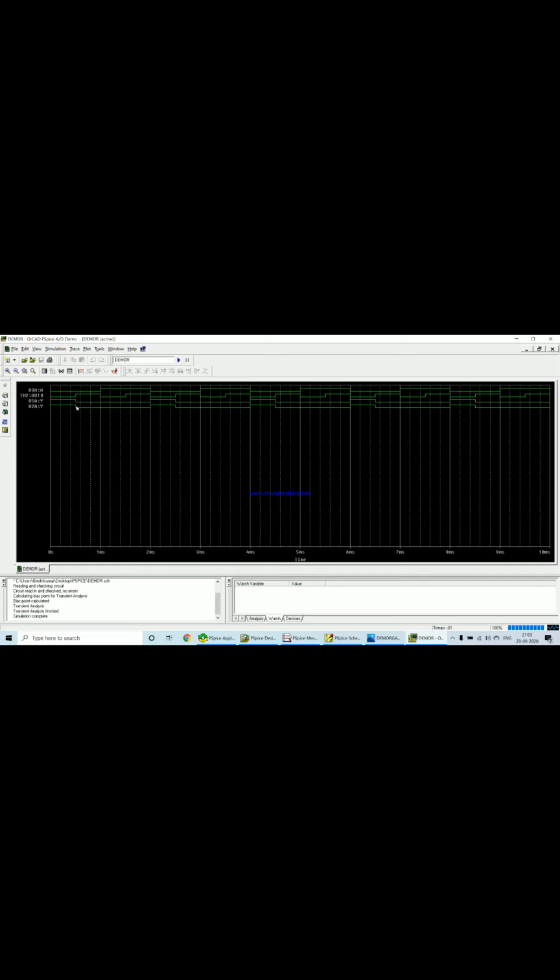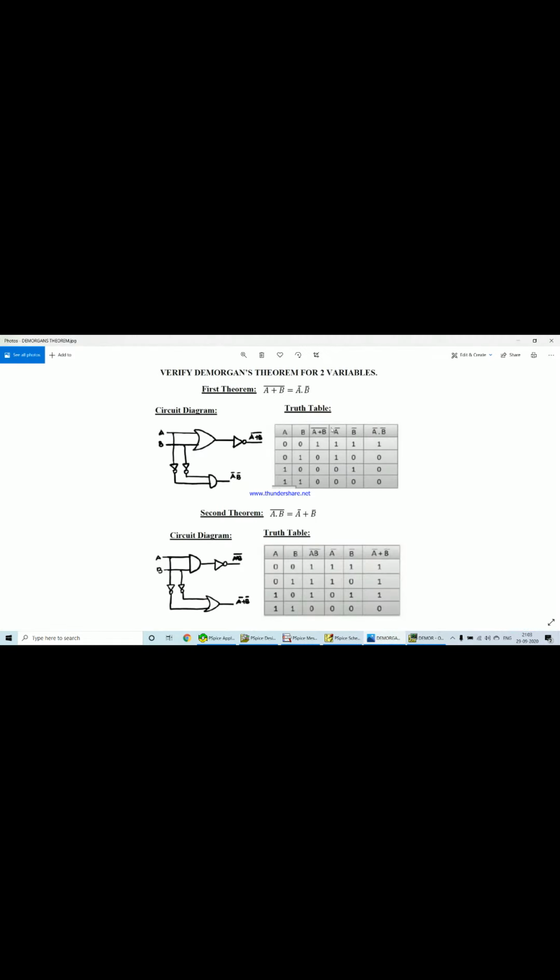Now let us see the truth table in De Morgan's theorem. This is the truth table which we need to verify for the theorem we are doing now. A and B are the two inputs, then A plus B the whole bar, A bar, B bar, and A bar and B bar. Now A plus B is what? 0 plus 0 is 0, 0 plus 1 is 1, 1 plus 0 is 1, 1 plus 1 is 1. We are doing the OR operation there, where A plus B the whole bar is the complement of that OR output. So we get 1 followed by triple zeros.